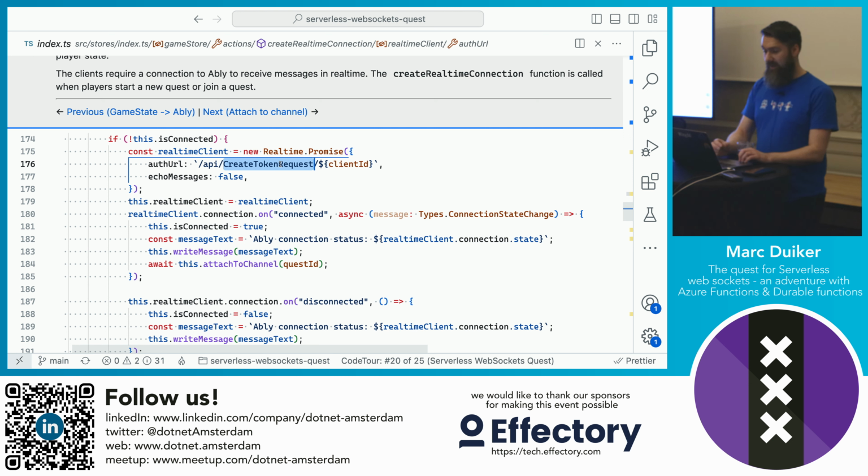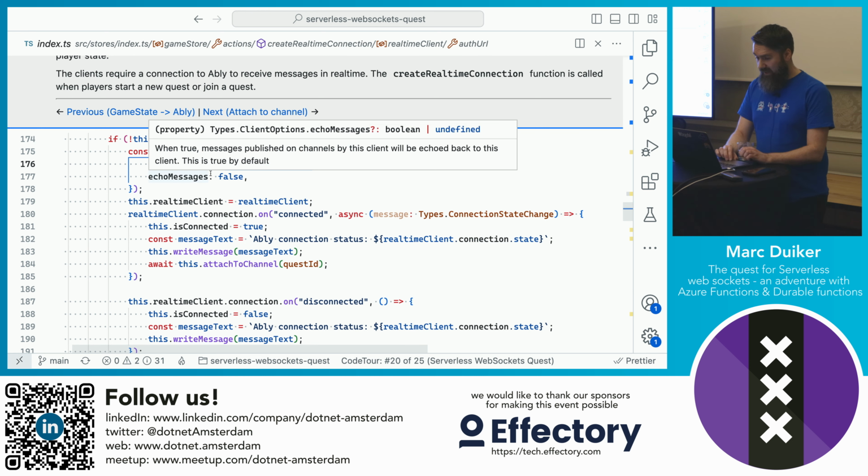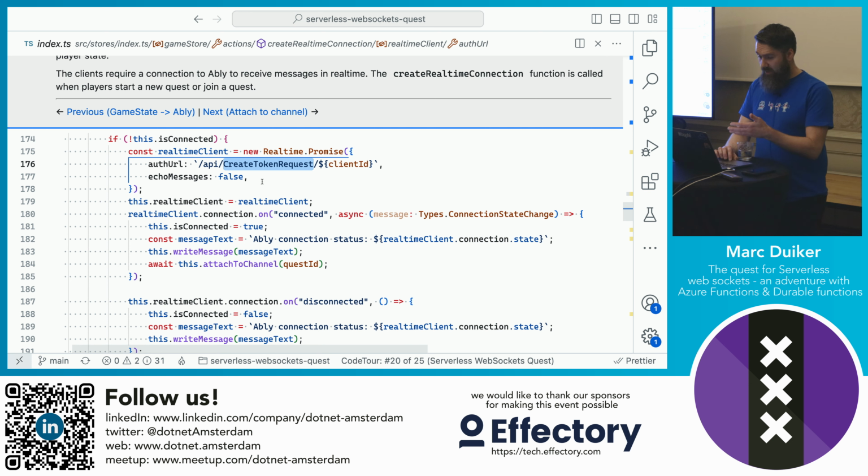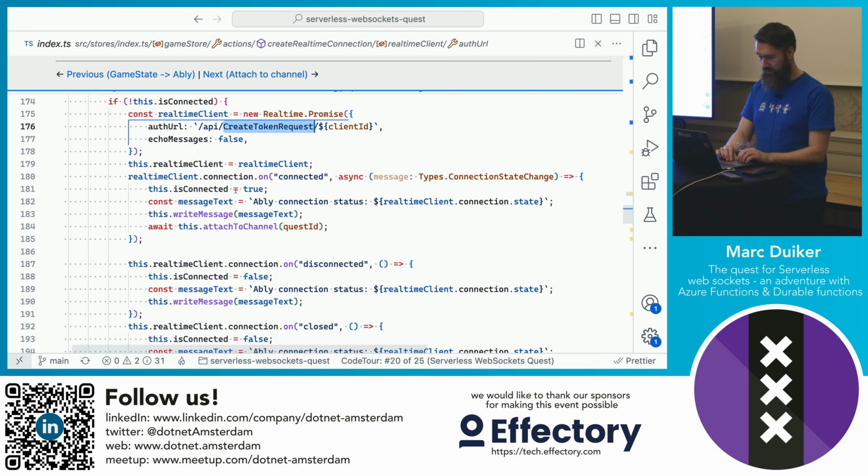That will again use the Ably SDK to create a valid JWT token. So it's very similar to WebAppSub in that case. This client has the correct rights to actually set up this client connection. We've also seen echo messages. In this case, I'm setting it to false. It's also very similar to WebAppSub.